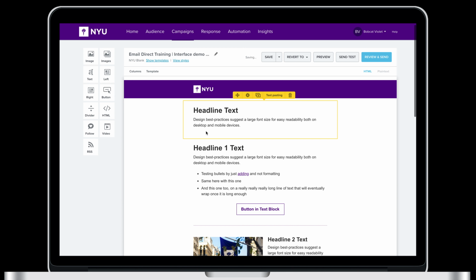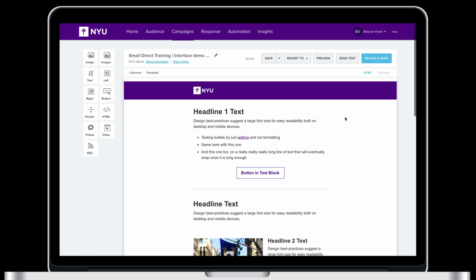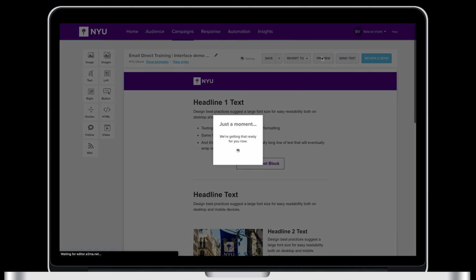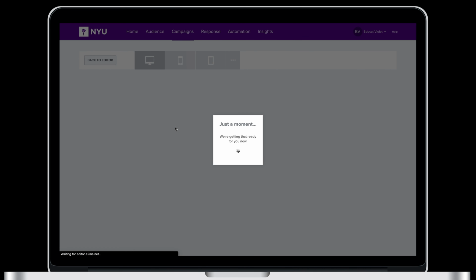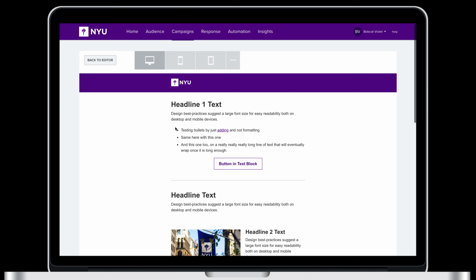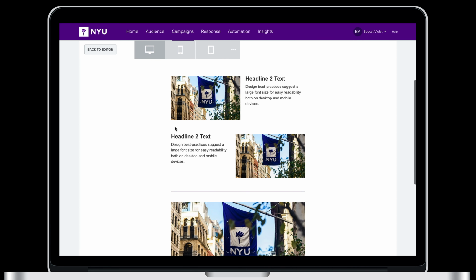Now, I'm not going to get into the particulars of how to actually edit a message. I just want you to get a nice overview of what the interface looks like so you're more familiar when you go ahead and log in yourself. A great new feature of Email Direct is that you now have the option to revert to a previous message based on your current working session, and you can also save your message and come back to it at a later point. There's also a preview option, and when we click preview, we see our email in a desktop view